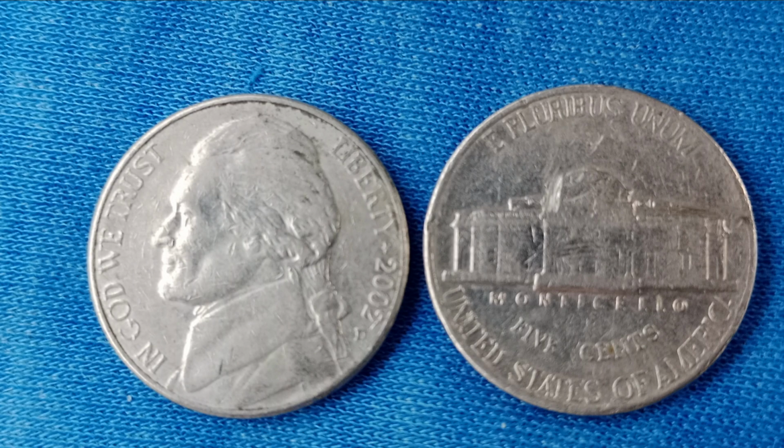And as more people hear about this discovery, it continues to fuel fascination with error coins, reminding everyone that sometimes, mistakes can be worth millions. So if you ever come across an odd-looking nickel, don't just spend it, take a closer look, because you might just be holding history in your hand, a tiny piece of metal that carries the story of human error, chance, and discovery, proving that even a 5-cent piece can be worth more than gold when the right combination of circumstances